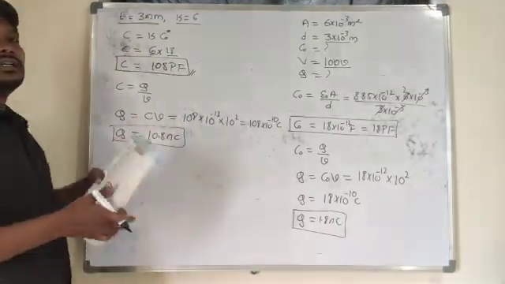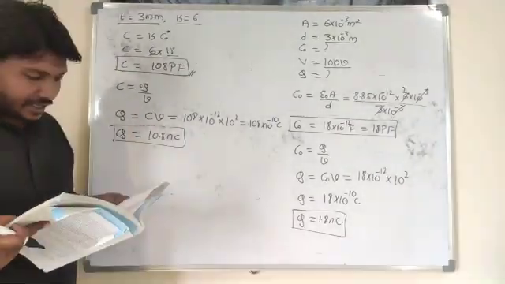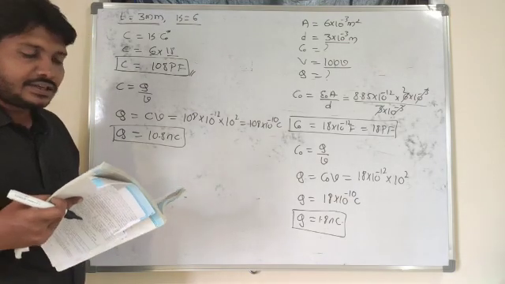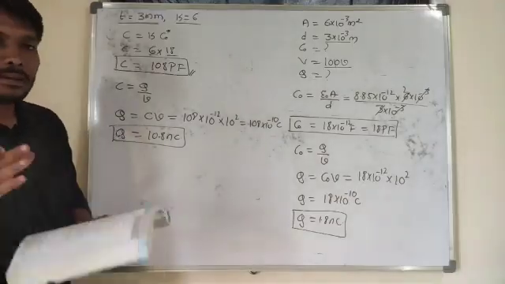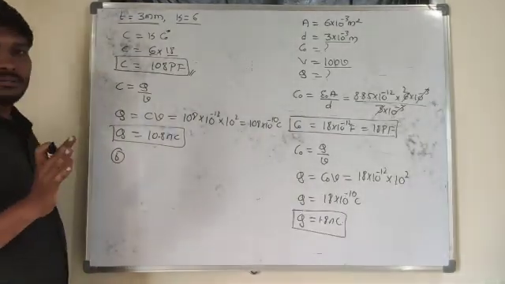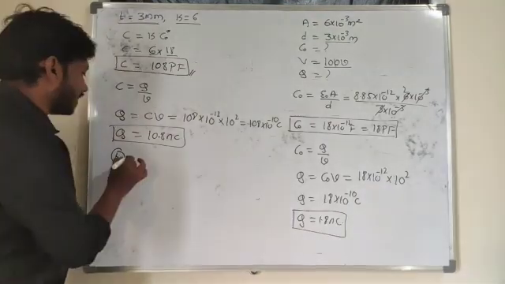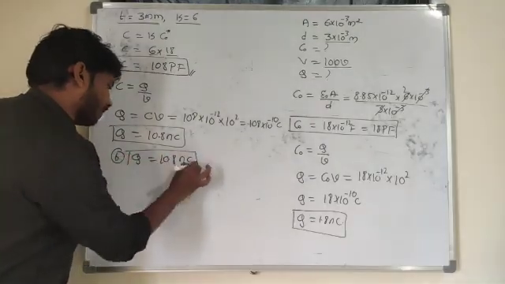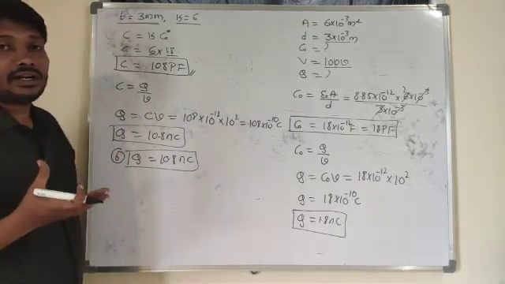So if the supply was disconnected, in the second case, after the supply was disconnected, the charge stored will remain the same after the disconnection. So the charge will remain the same, that is 10.8 nano Coulomb here, but the potential will decrease here. Initially